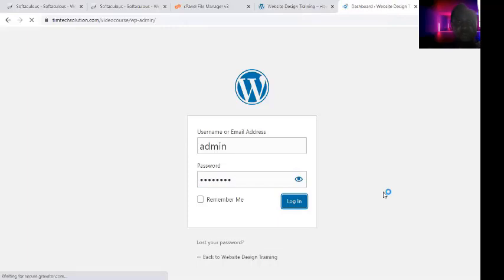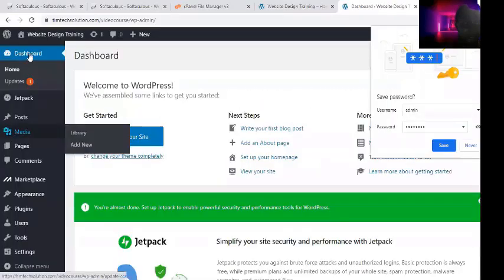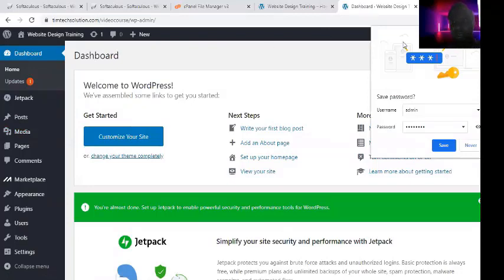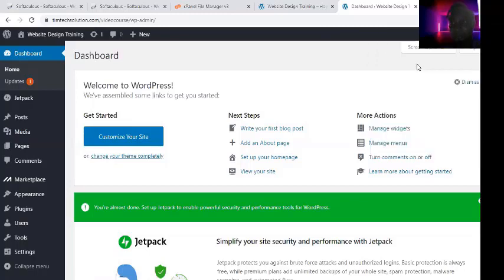Now this will take us to where we call the dashboard. All right, look at this. This is the dashboard of this platform. You are free to call it the admin section, the administrative unit of this web platform. All right, so this is where we are going to control everything that we need in the setting,